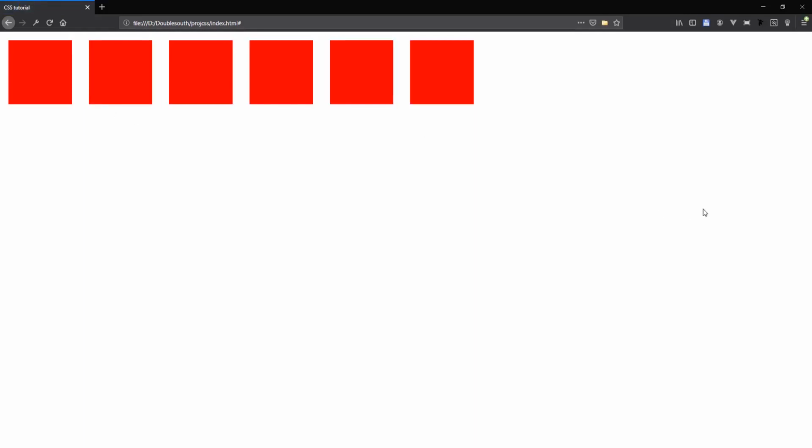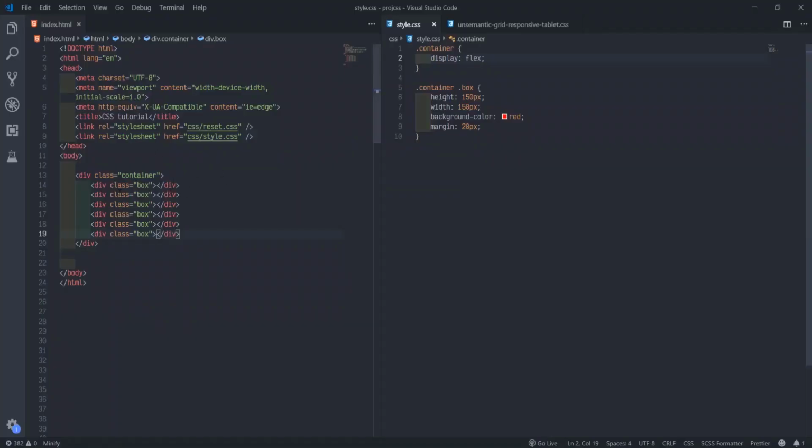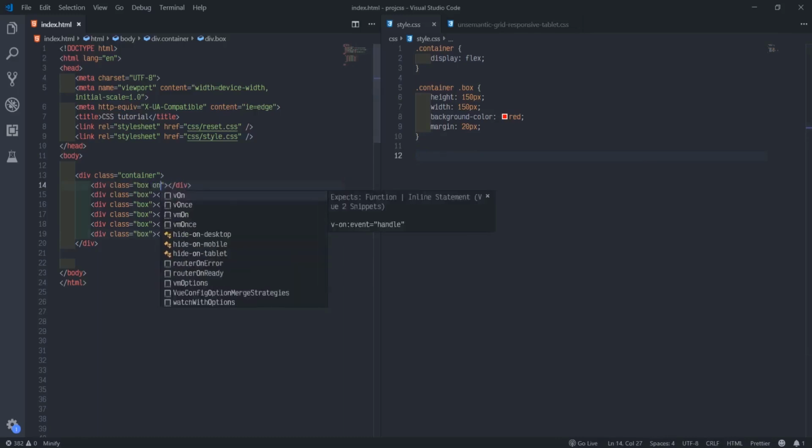So now what I'll do is, the first thing I want is this first one, I want to change the color. Normally what we would do is target the box by adding another class, just put like 1 here.